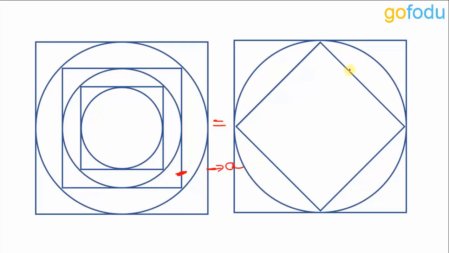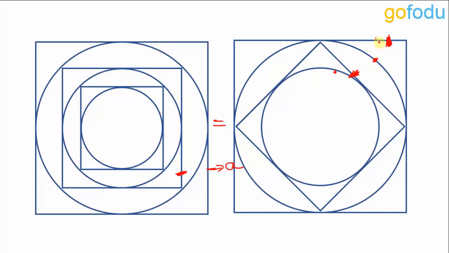except for one thing, that we know relation between area and sides of these two squares. Area of this inner square is half of that of this outer square, and side of this inner square is side of this outer square upon root 2. Now if I draw the inner circle, things will remain same. Area of this inner circle will also be half of that of this outer circle.